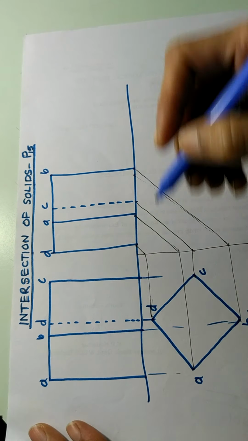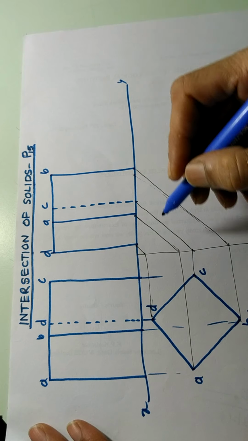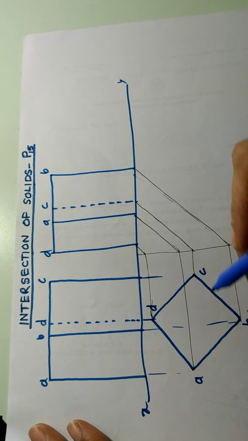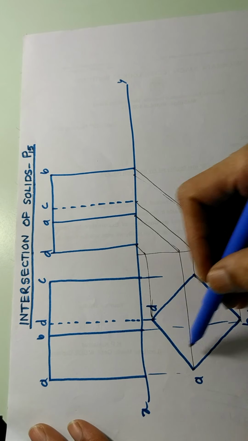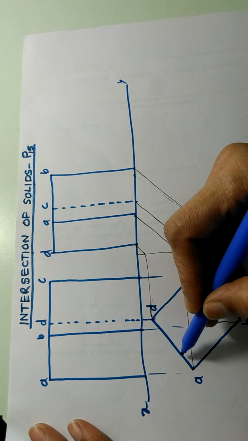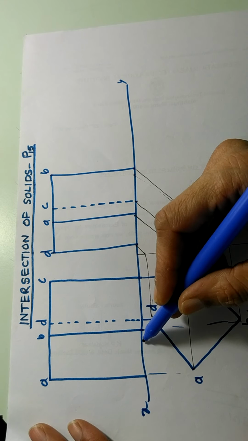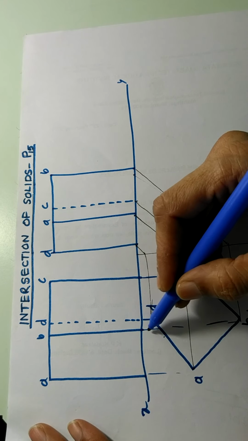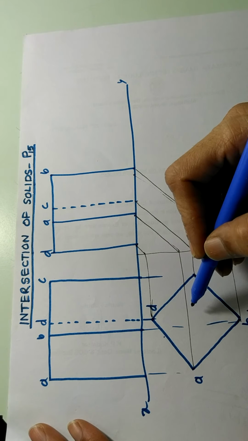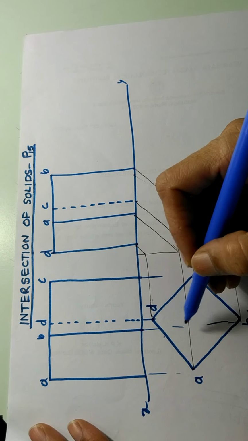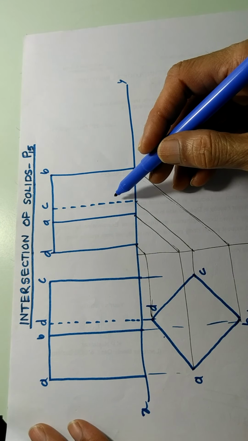So what we have done at this stage, with this XY line, is we have drawn simply one square prism whose dimensions are given to us: base edge length is given, height is given, and let us say its face is making a certain angle, let's say 30 degrees, with the VP. And in that position, we have drawn the top view, front view and the left hand side view of the prism.